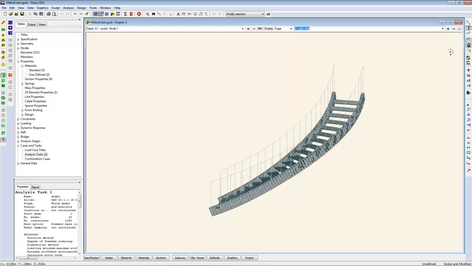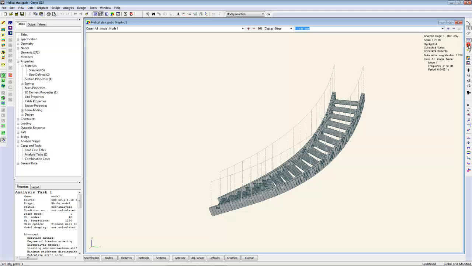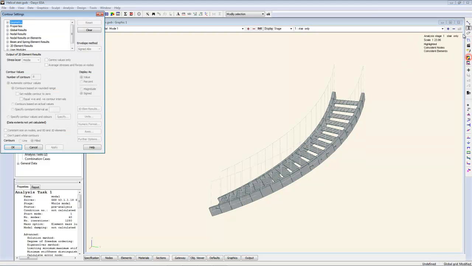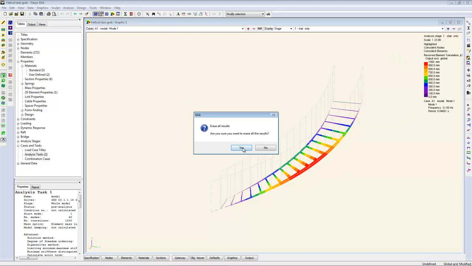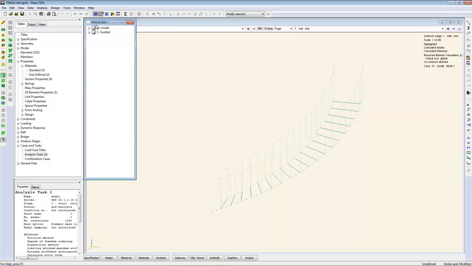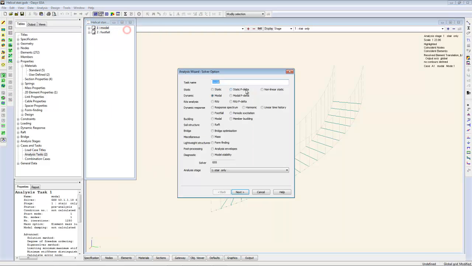You see we are getting a significant mode on that staircase, which is coming in at 21 Hertz, along that edge. But if we delete those results and reset that analysis so it's picking up the whole stair,